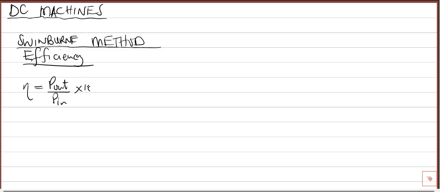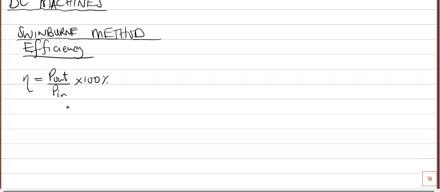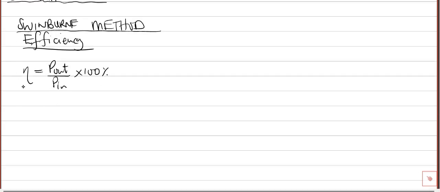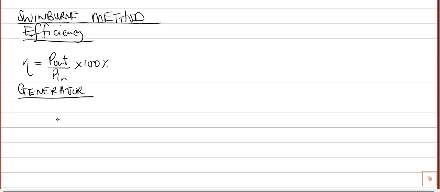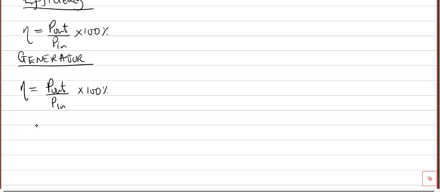in times 100%. Now in this chapter for DC machines, we always deal with two machines, a generator and a motor. So we are interested in how to calculate efficiency in a generator and efficiency in a motor. For a generator, here's how we start. We're still saying efficiency is equal to P out over P in times 100%. Now the standard formula given on your formula sheet says